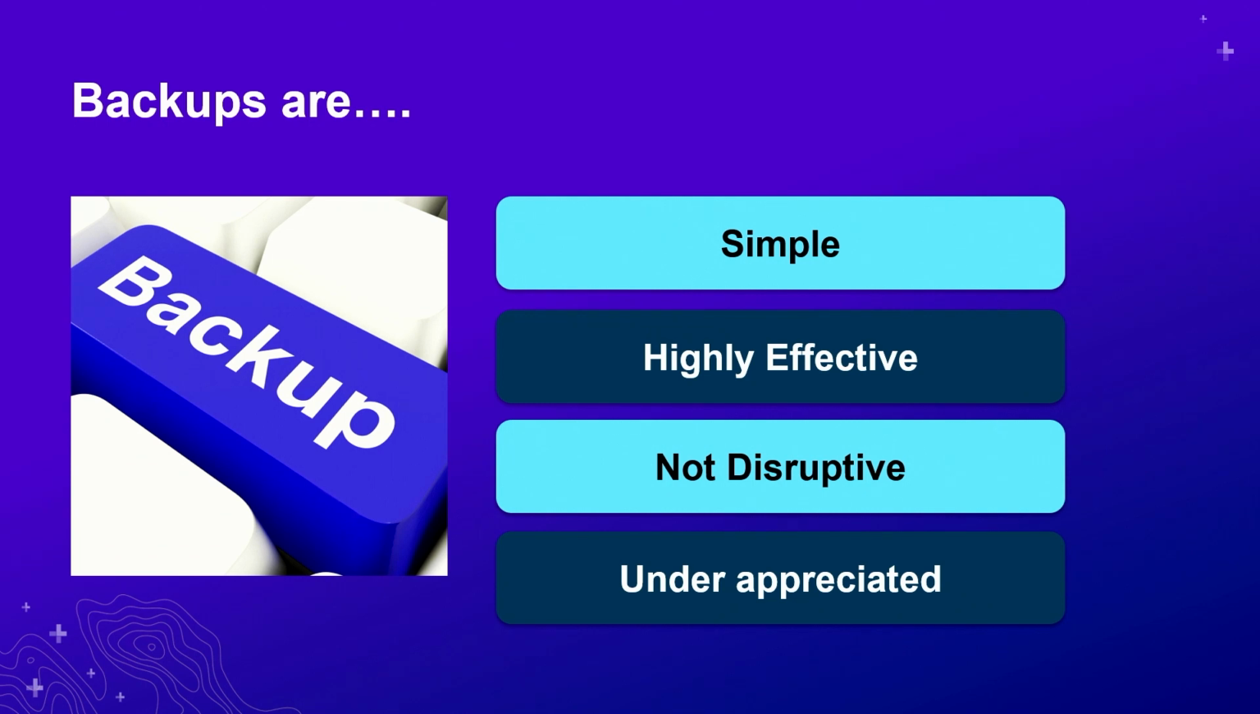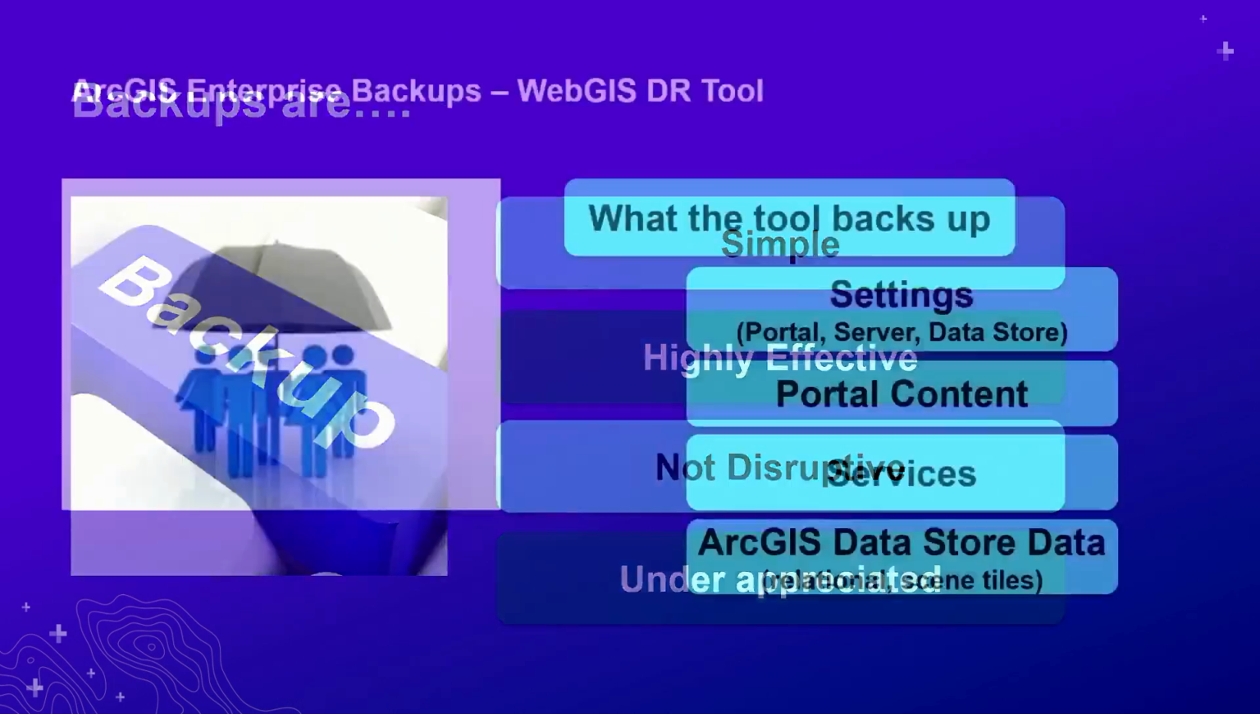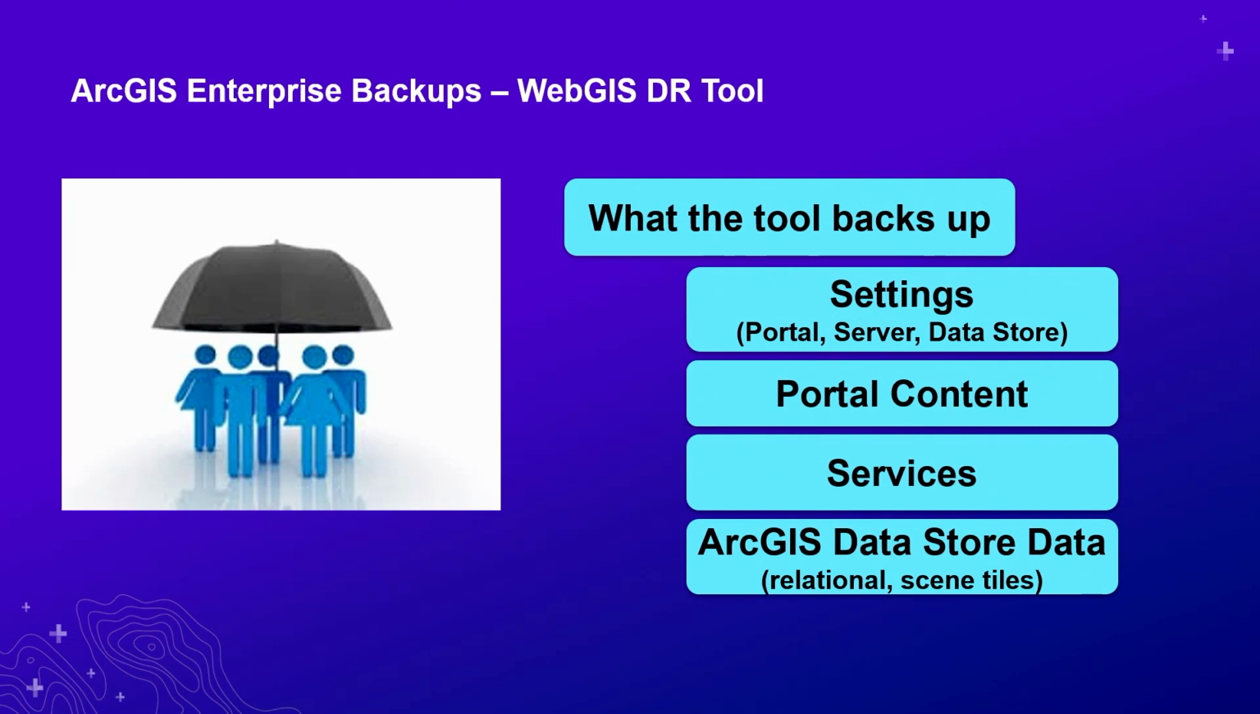There are a number of ways that you can take backups. VM backups, virtual machine backups, or snapshots. File server backups, software backups, such as ones that come with enterprise geodatabase or a database such as Postgres, SQL Server, Oracle, and obviously ArcGIS Enterprise. Within this presentation, we're going to be talking about using the WebGIS DR tool to back up an ArcGIS Enterprise